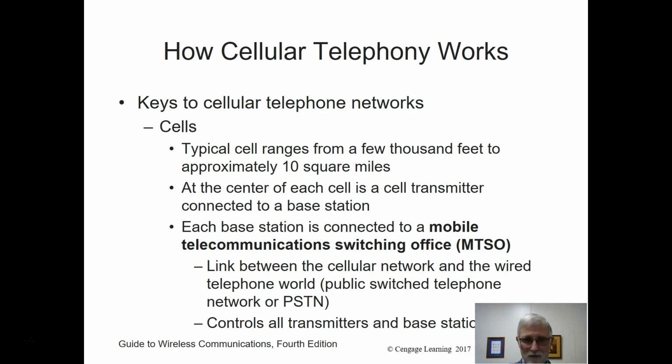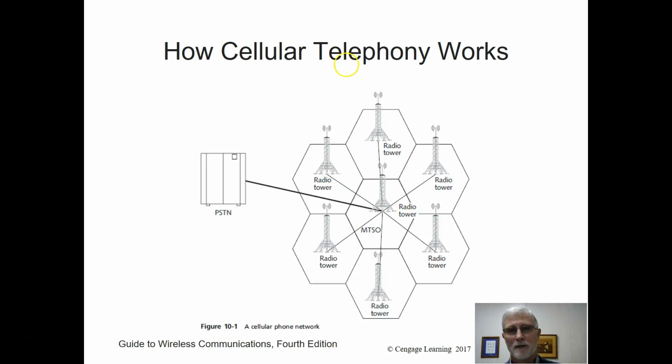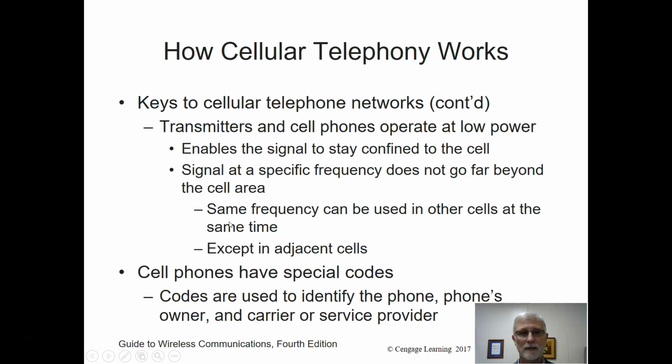Now, at the center of this cell is a transmitter receiver. And all of those base stations or all those towers connect back to a switch, mobile telecommunications switching office. And then, of course, that switching office is what connects us to the landline system. Just to give you a rough idea, you can see, here's your switching tower, all your different towers connecting back to a switch, which then gets back into the public switched telephone network.